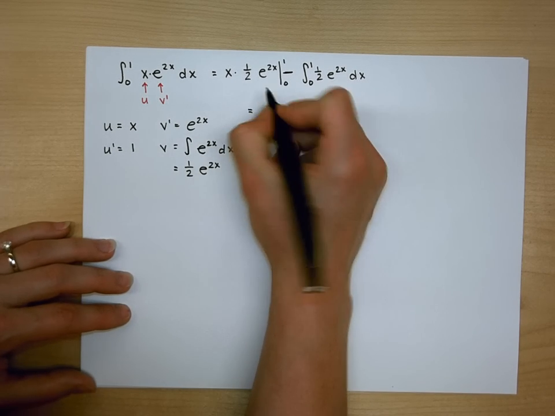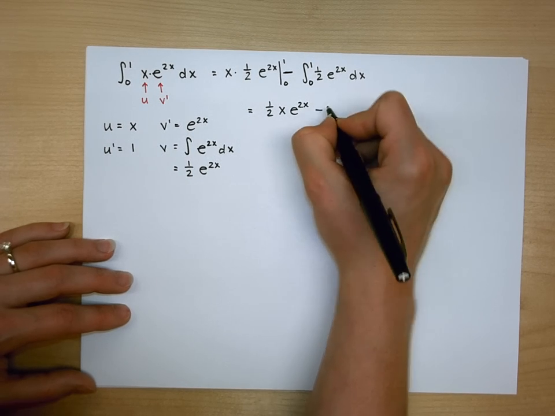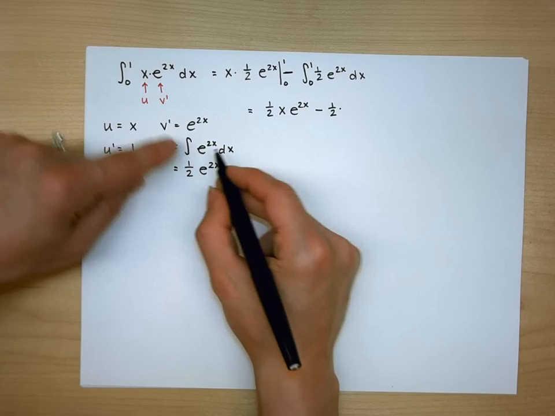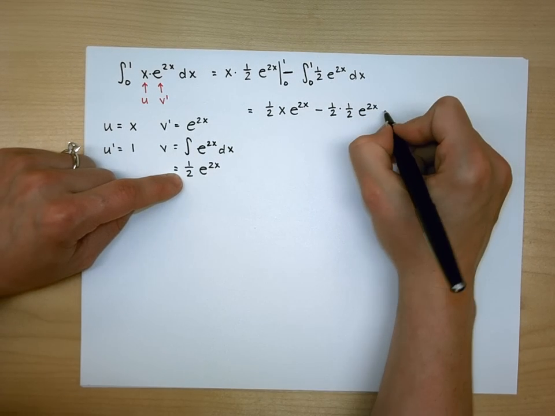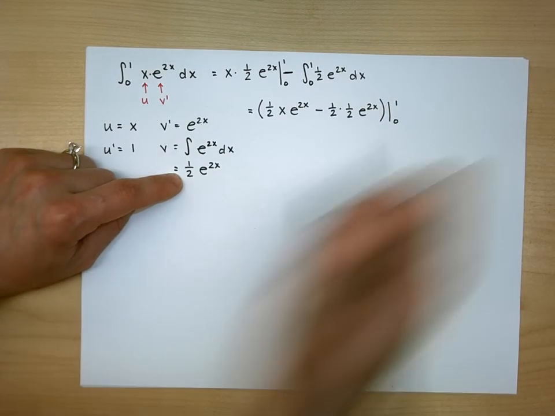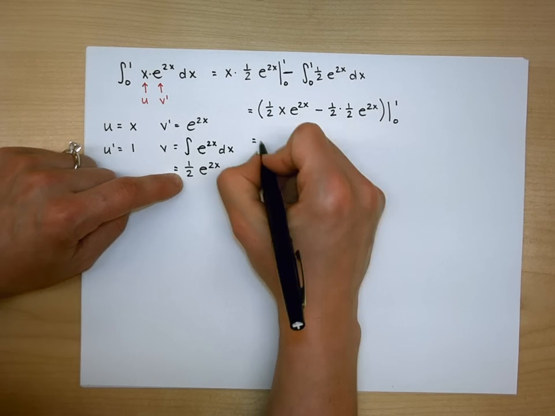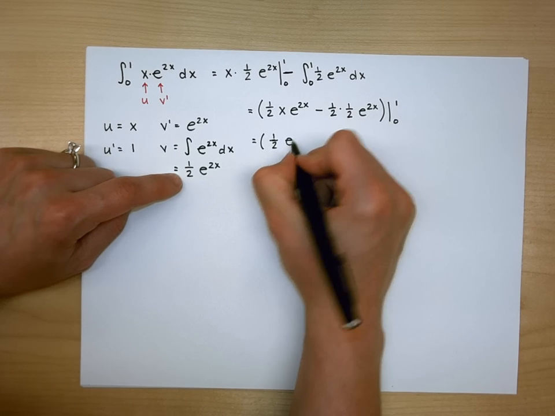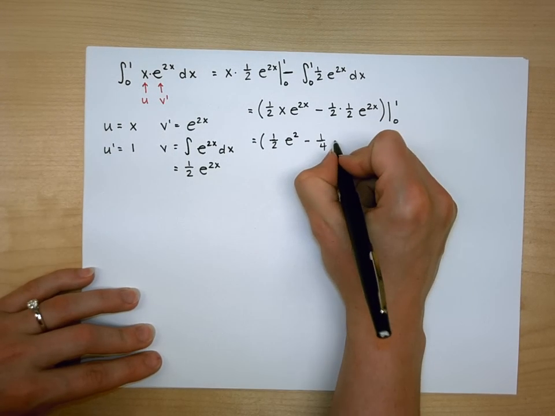Okay, so let's finish this one up. I have 1/2 x e to the 2x minus, I've got the 1/2 from here. And notice if I integrate this again, I'm going to get 1/2 e to the 2x again. And no plus c this time, since it's a definite integral. So I want to evaluate that from 0 to 1. And let's go ahead and plug that in. So I have 1/2 times 1, e to the 2 times 1, so e squared, minus 1/4, e to the 2 times 1,